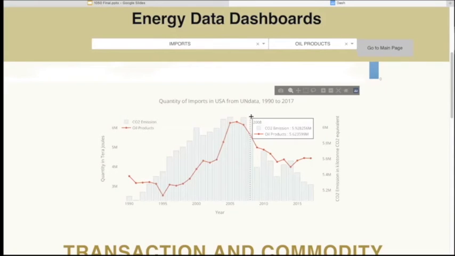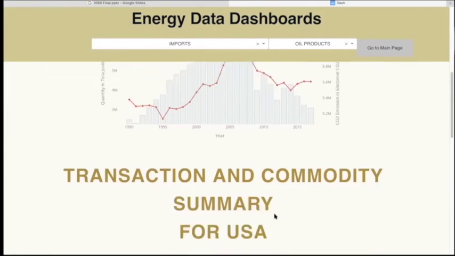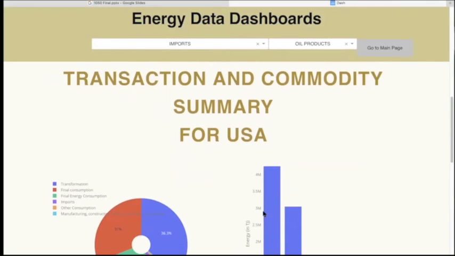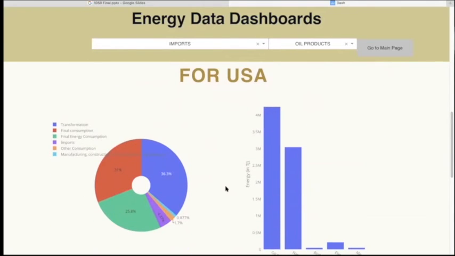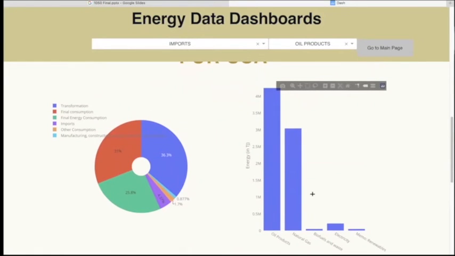Now I'm going to hand over to Christina to talk about even more detail of our dashboard and our prediction. Thanks, Francis. Right now we have the yearly chart of the oil products imports in the USA across different years. So if we click on a specific year value, like 2012, here is a very detailed breakdown of the transaction combinations of oil products in the USA. And the right bar chart is a detailed breakdown of different commodity combinations of the